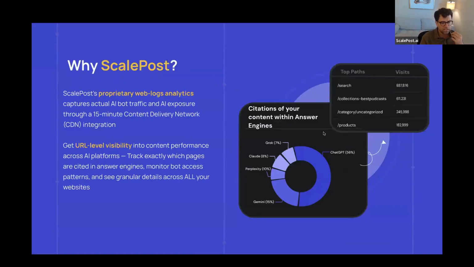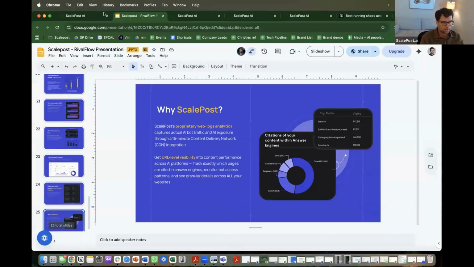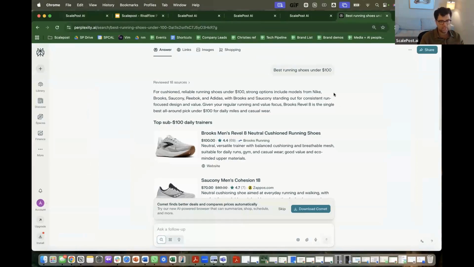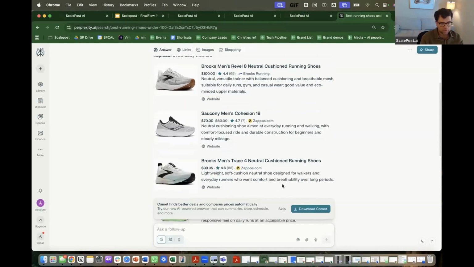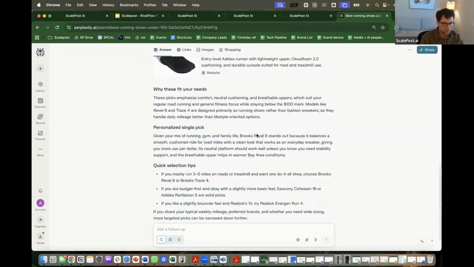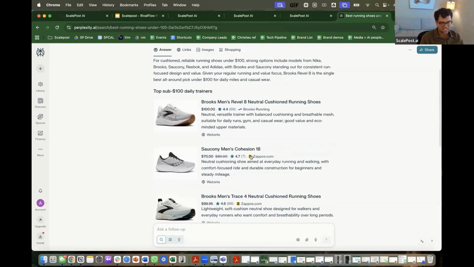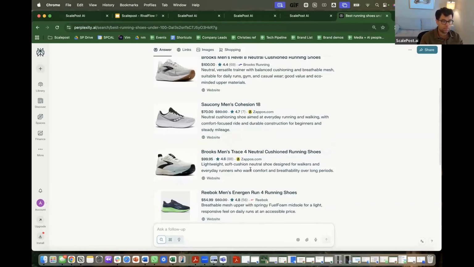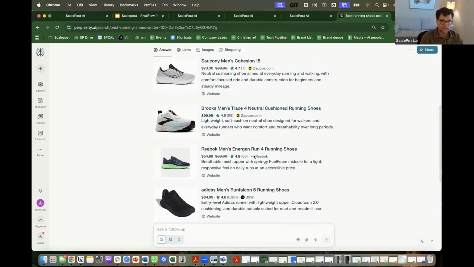Specifically, we look at major answer engines, where you're showing up URL-wise, and that's what I want to quickly pop up here. Let me explain it: I don't plan on running prompts, but I just ran this prompt in Perplexity. Best running shoes under 100, something like that. It's very common. You will see an answer, some options, and a lot of these links are cited here, right? I may or may not click on them, but they're shown here as part of the answer. And what we do is, for example, if we had our integration, which takes 10 or 15 minutes, with